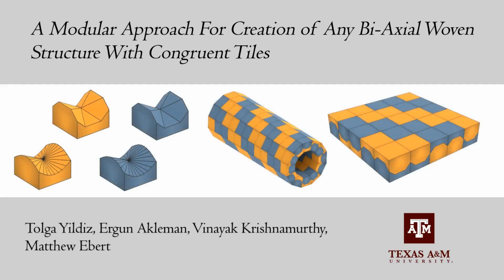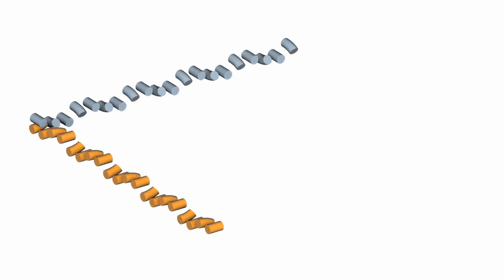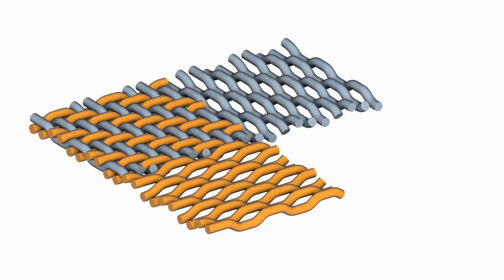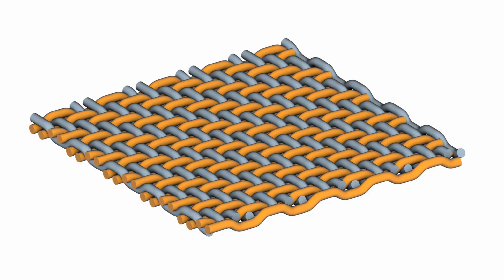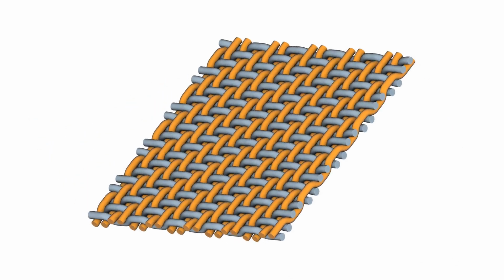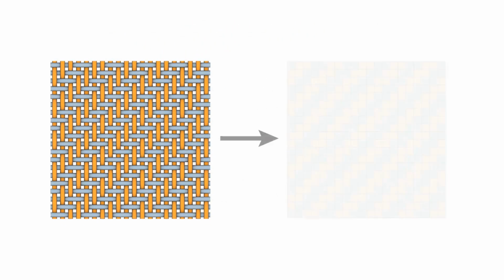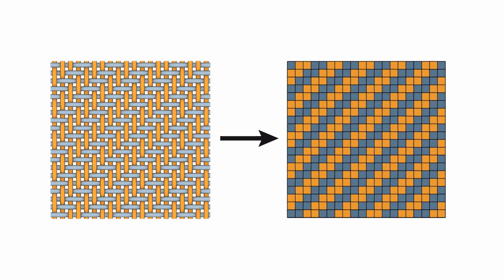We present a computational framework to generate modular congruent tiles that can be put together to create woven structures. We define these woven structures as tile decompositions of a given shell-like volume such that the tiles, when put together, mimic a specific family of fabric weaves known as bi-axial weaves. Bi-axial weaves result from the interspersing of threads in two linearly independent, typically orthogonal, directions that are typically named warp